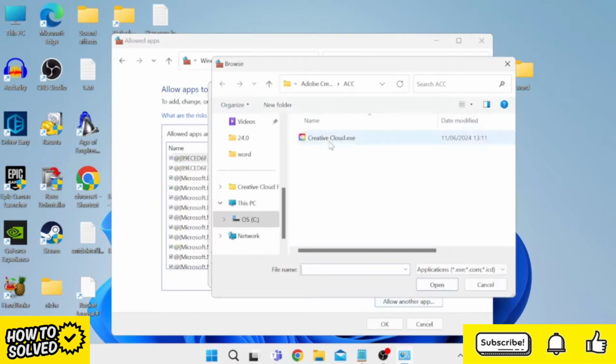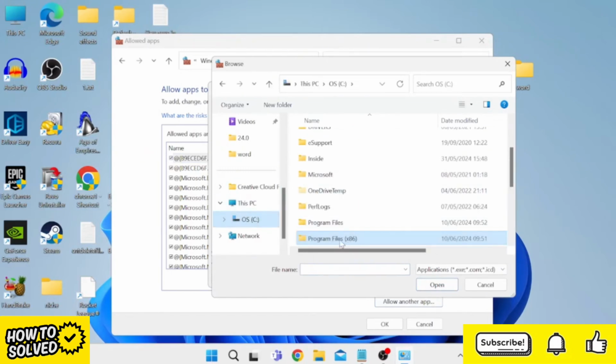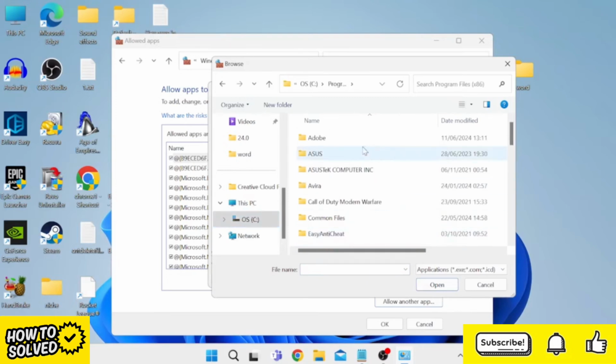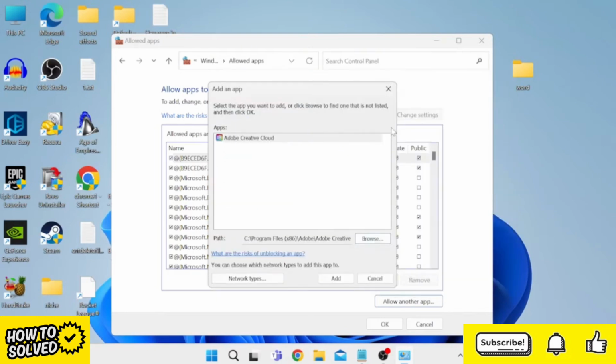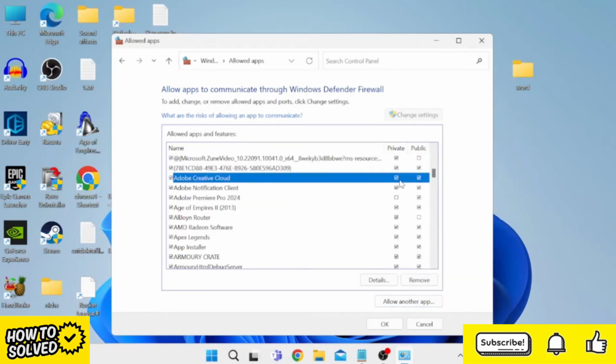Click on Browse, and we need to locate the Creative Cloud executable file. If you're not sure where that's saved, then head into your C drive, inside of Program Files x86, inside of the Adobe folder, come into Adobe Creative Cloud, inside of Account, and select the creativecloud.exe, and then you can press Add to add it to the list. Once you've added it to the list, just make sure both private and public are ticked here, and then come